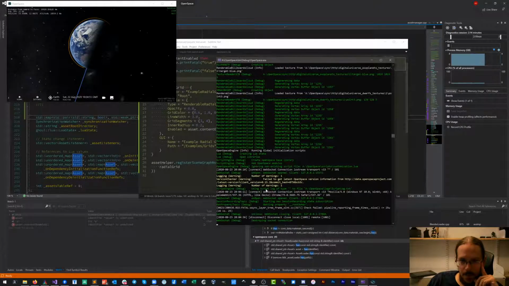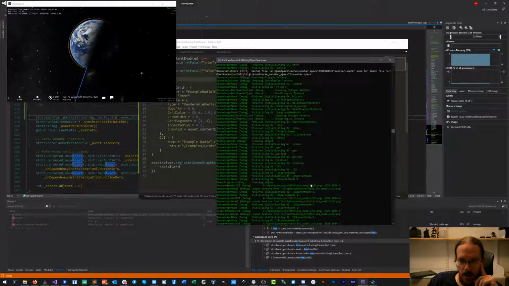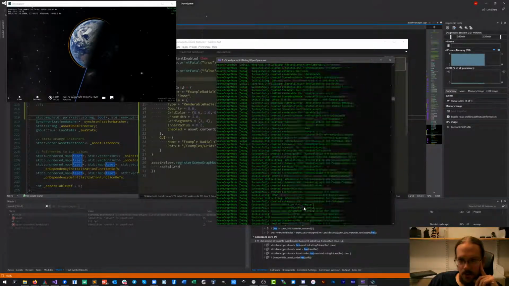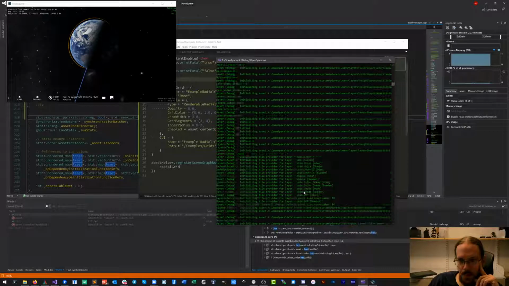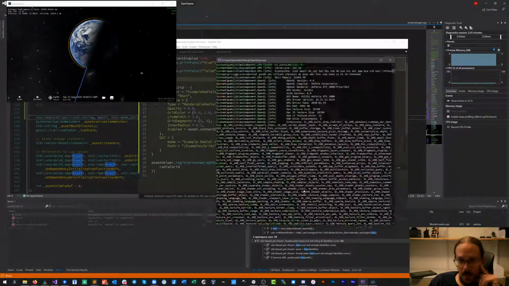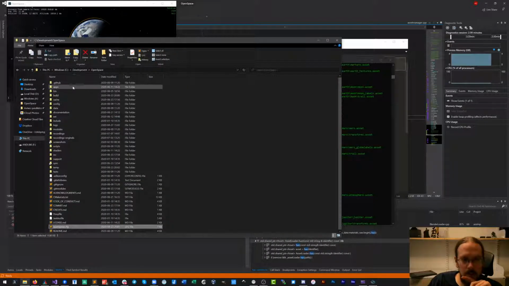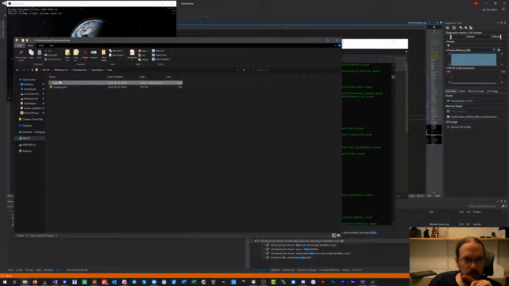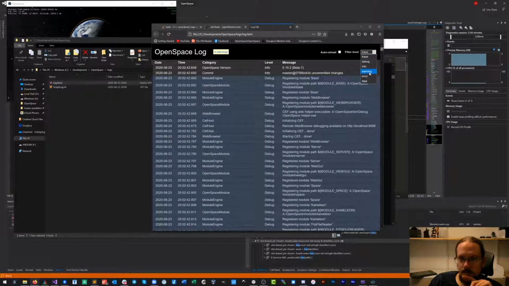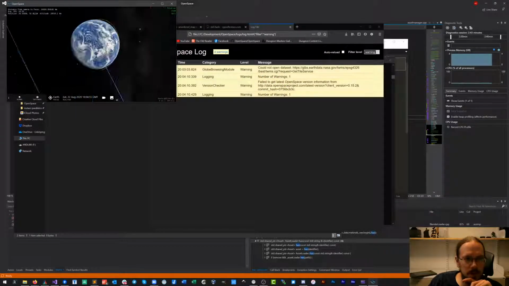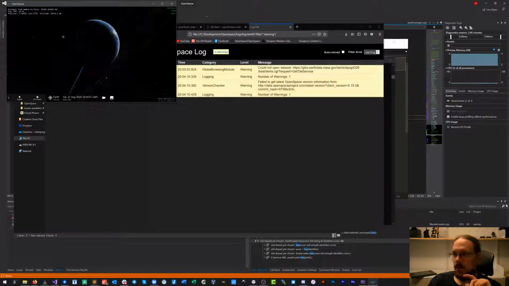But, well, we got one warning. That's probably the NASA Gibbs. It sometimes doesn't parse. Let's see, where are you? Okay, let's just load up the logs. Yes, so we didn't load the Gibbs. We got one warning. Something wrong with the server. Get another warning. So our default scene still works. So that's great. All right.